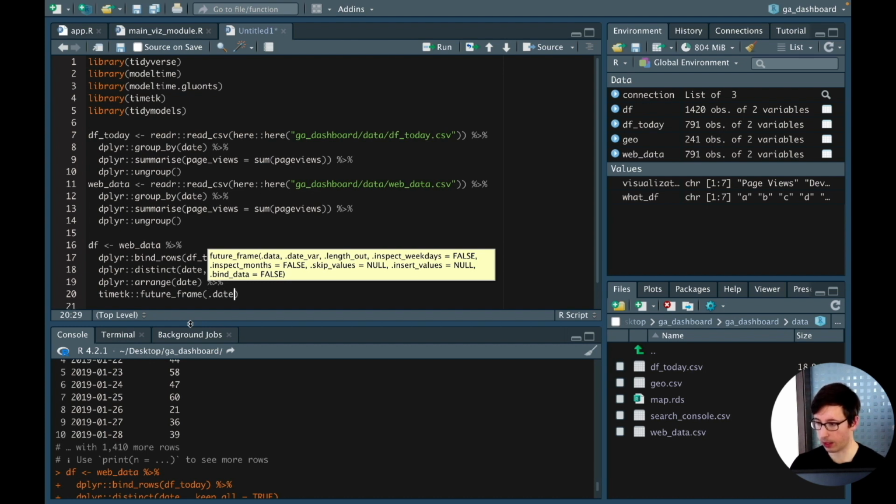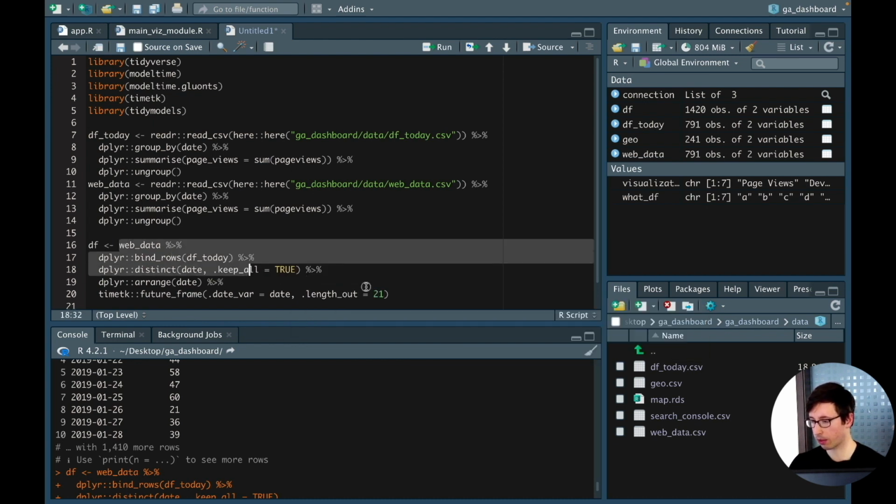So we can say .date_var is equal to date, and then .length_out is equal to 21 days. So if we would just do that, we'll just get a